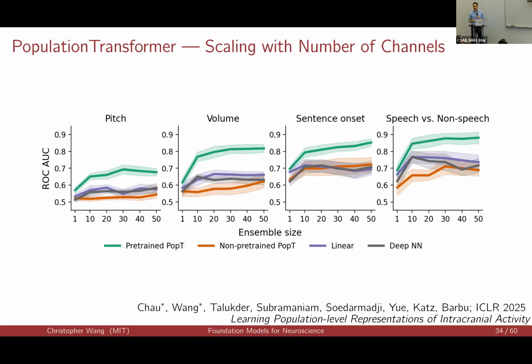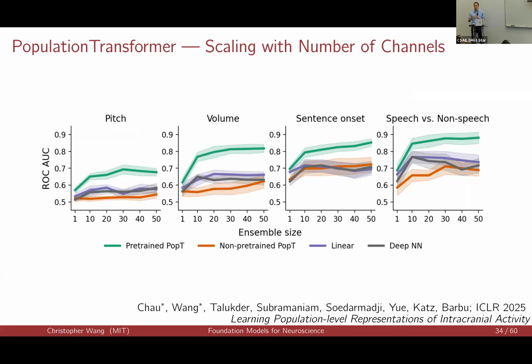And 2 things that appear on every plot. One is that we get decoding performance that scales with the number of input channels. And this matters because it means it was worth going through all that trouble to model multiple input channels at once. The second is that with pre-training, we scale better. We get better decoding performance per input channel. And this means that all of the information about relationships between channels that was learned during pre-training ended up mattering to getting better decoding performance.